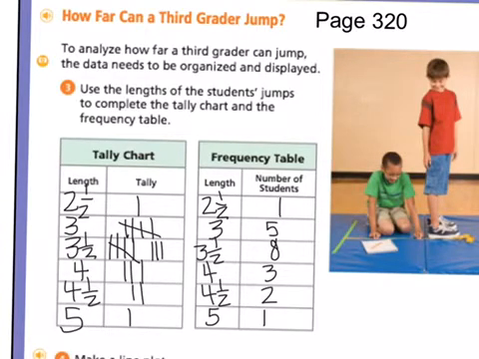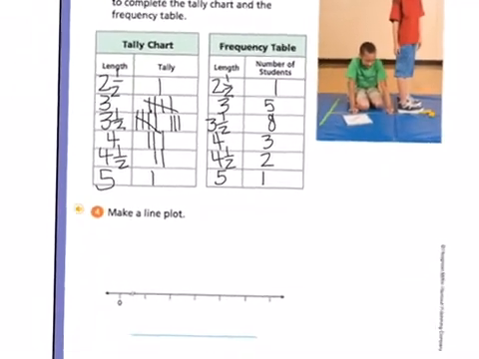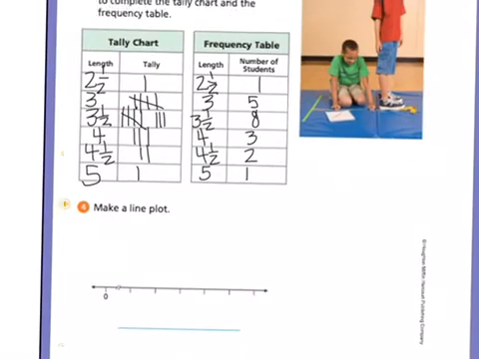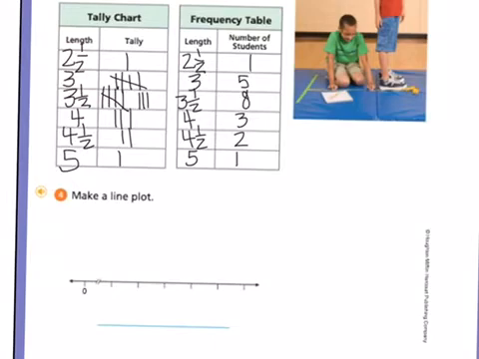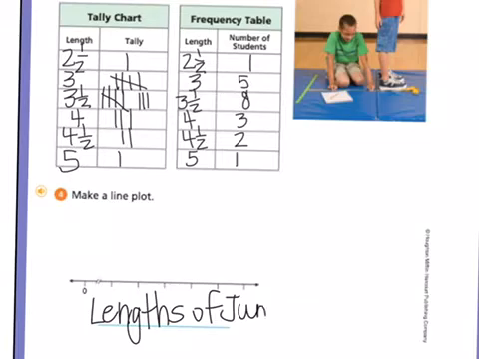Okay, now it's time to make a line plot. So here we go. This is our line plot at the bottom of the page. And we are going to figure out the lengths of jumps. And we're doing it in feet. So I'm going to put feet in parentheses. So when the different kids were jumping,